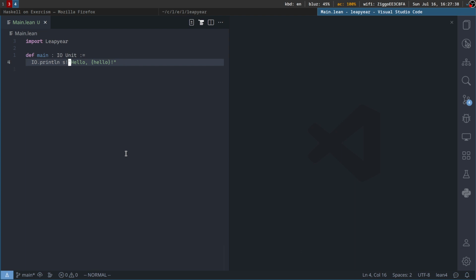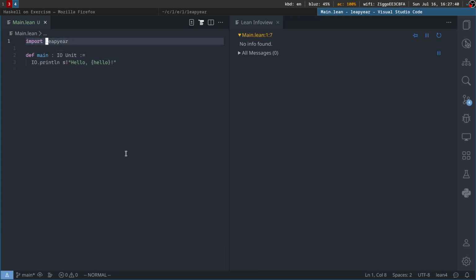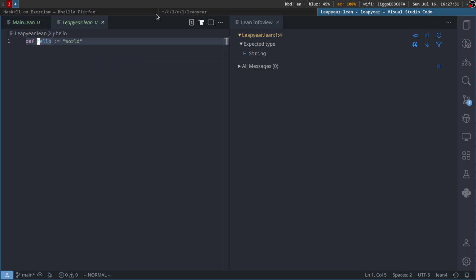Let's open something. Yeah, we do have the language server, we do have the Lean feedback here, Lean messages, we do have syntax highlighting, we can go to definition. Wow, that's more than I expected from such a new and niche language. Yeah, that's really a sign of quality. Okay, what do we do next? First of all,